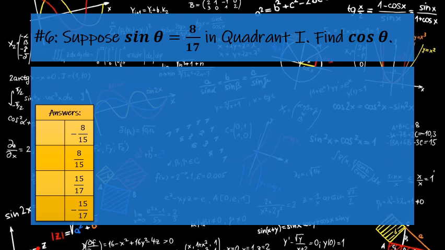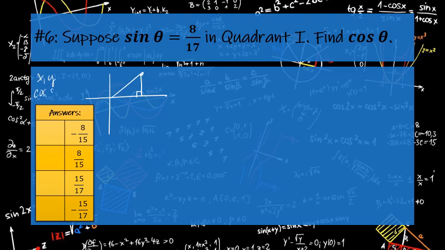Number 6, suppose the sine of theta is 8 over 17 in quadrant 1. Find the cosine of theta. So we know that we are in quadrant 1, so we know we have a triangle right here in quadrant 1. Now when you look at sine, we know that sine